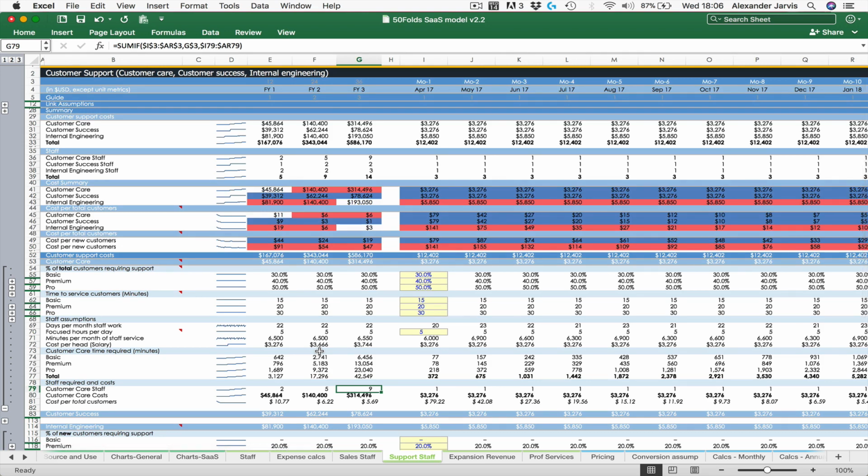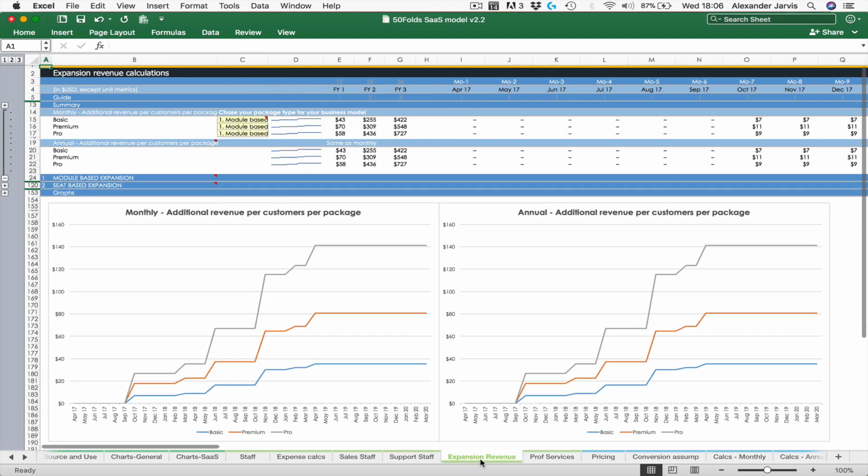And so as you scale up or down, as your forecasts are, this will tell you how many people you need under those assumptions which you really believed in. Next, expansion revenue. Of course, you're going to have basic revenue, but you're going to hope that money is going to increase,